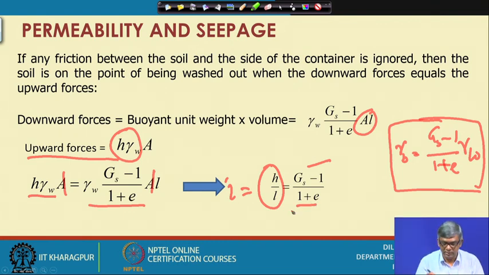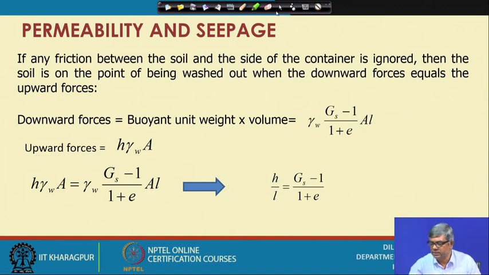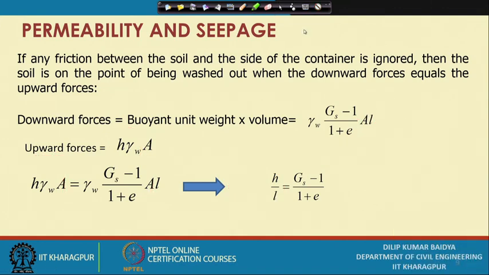So, this is the expression; the hydraulic gradient we are getting is (G minus 1) by (1 plus e). This is the critical hydraulic gradient. Why is it critical? Because we have just considered that the upward force and downward force are equal. Whatever hydraulic gradient satisfies that condition is the critical hydraulic gradient. Why is it critical? Because if I increase the head,